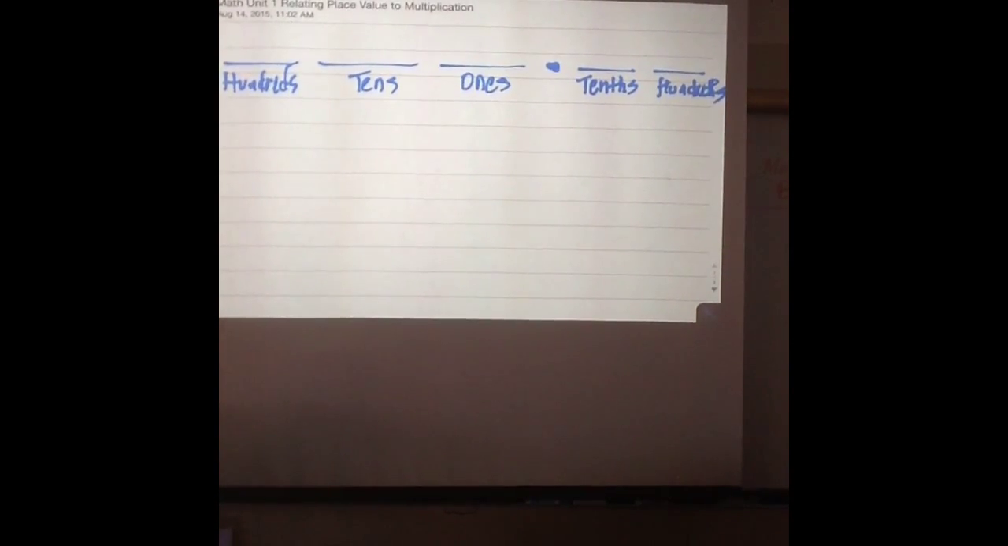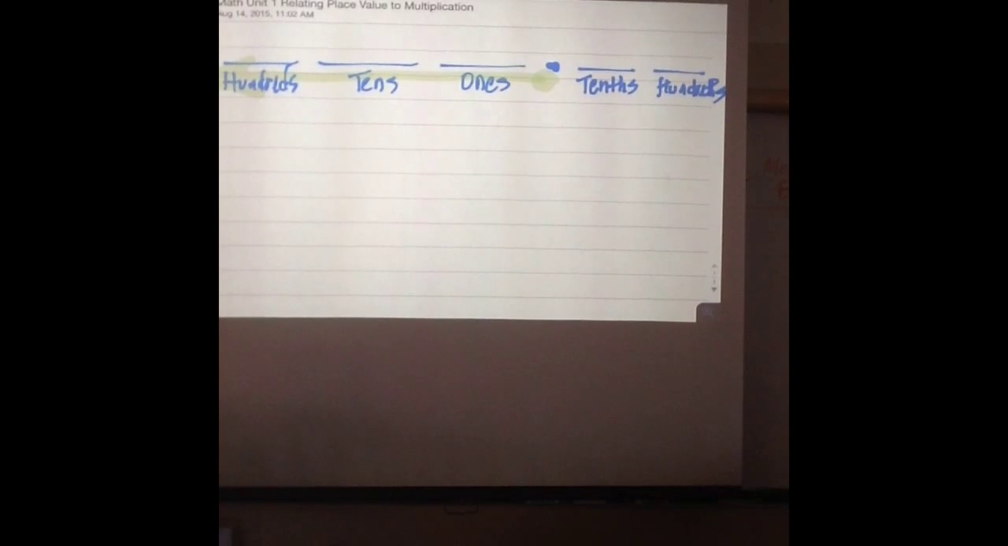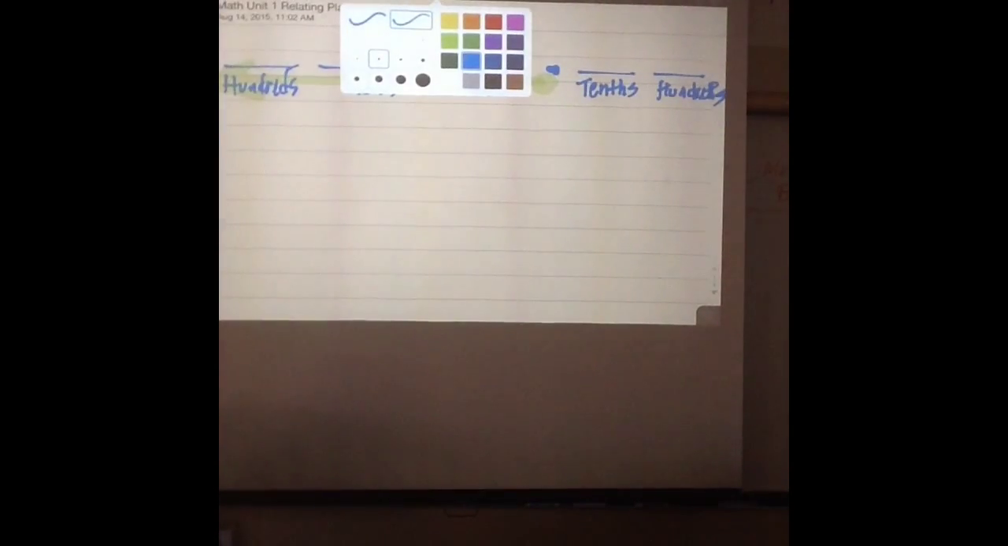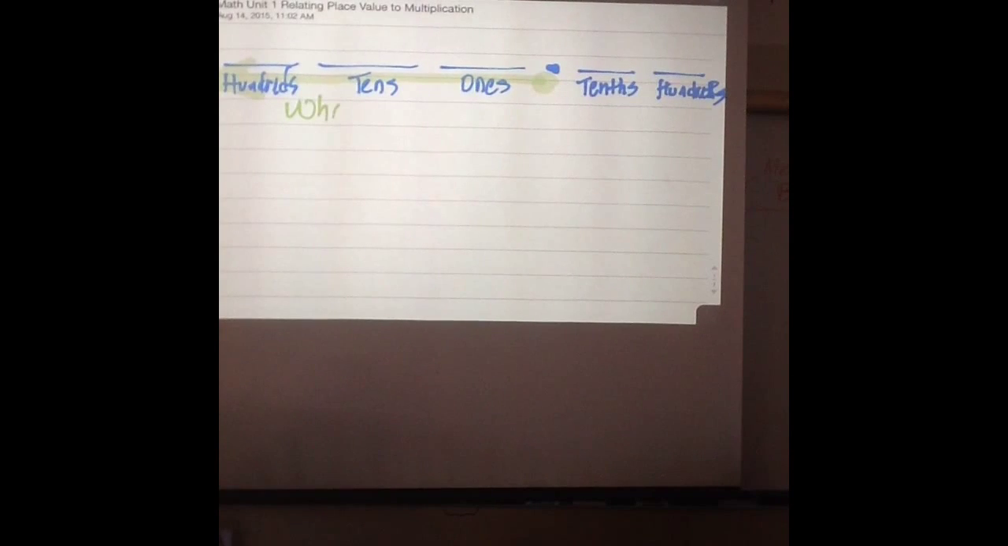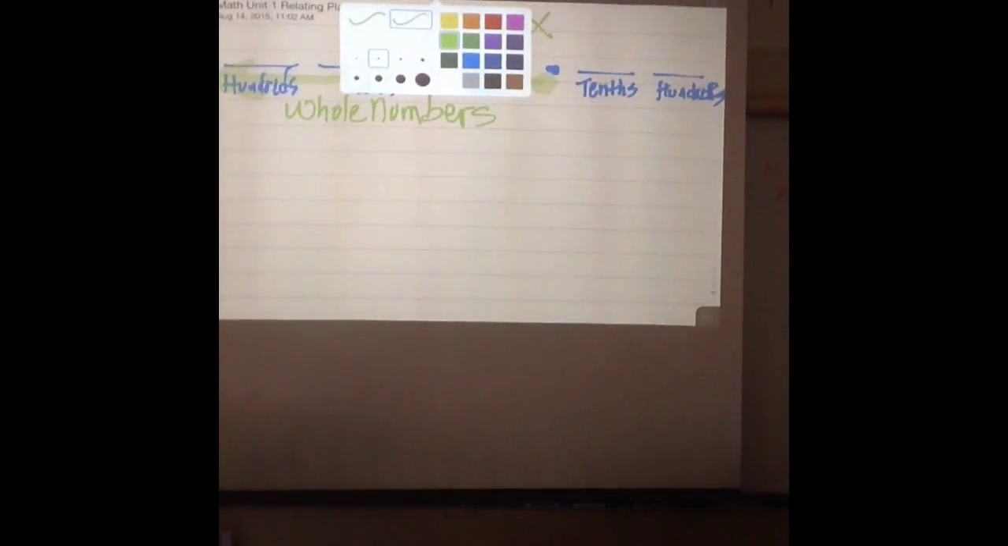It's pieces. So let me use my highlighter. Everything going this way. You like the big arrow? Everything going to the left is whole numbers. You want me to write that out for you? Okay, whole numbers. And also, let me have you try to memorize this. Whenever we're multiplying something, we're always going to the left. Everybody say it with me, whenever we're multiplying, we're always going to the